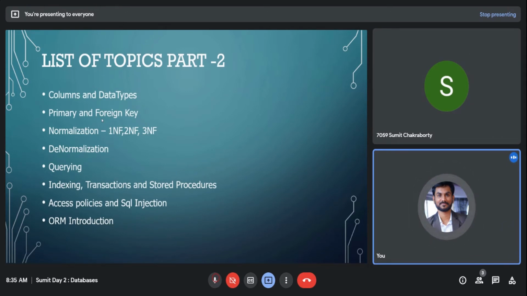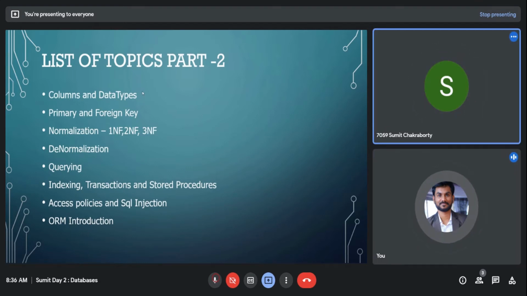Okay, because what happens is, though databases are said to be organized, there should be a rule which tells you, okay, this is how you can organize it better. Correct. So I think that's where normalization comes into the picture. For example, 1NF, first normal form, says that there shouldn't be any repeating values in your row.